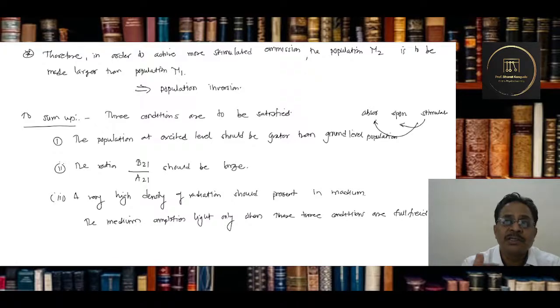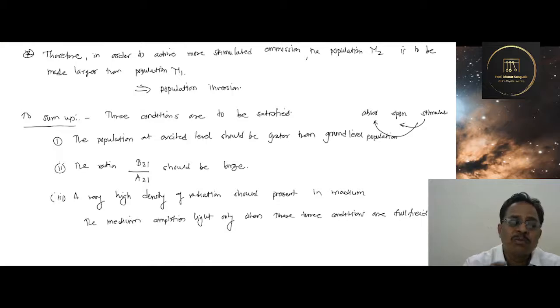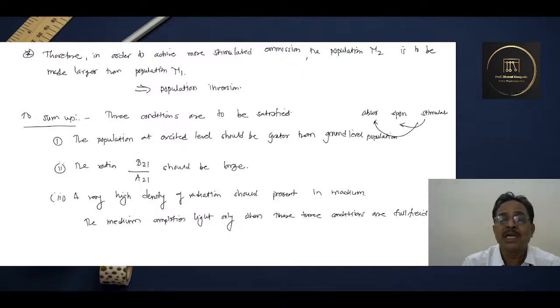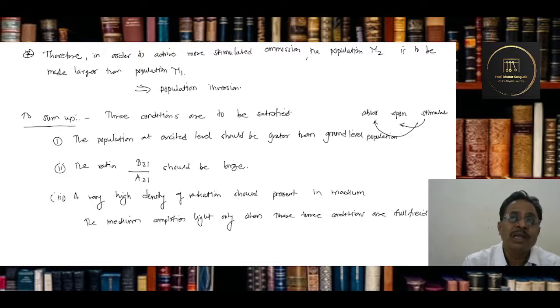And once that condition is reached, now have a small external trigger, which will compel all these excited atoms to come down to the ground state, and a large pulse or large number of photons of the same frequency in the same direction, all the same in phase, will be emitted and a laser action will be created. So for such laser action to happen, we need all these processes to happen at the same time, and that's why this small derivation is an important one. So this is the condition required for a large number of radiations to be emitted by stimulated emission.